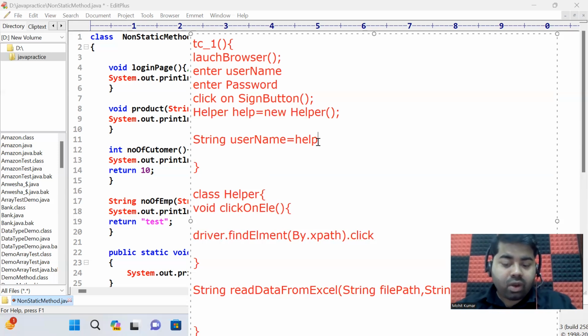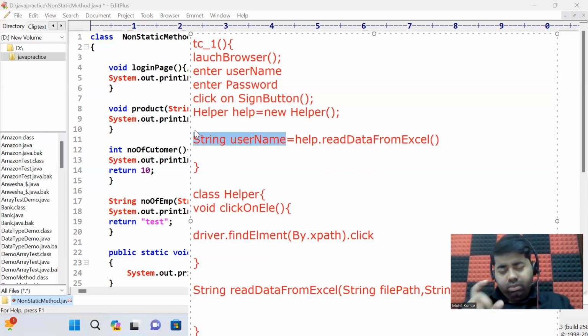Now you can call this method read data. Understood, right? You are getting some data from somewhere, and now this data will be stored in this variable. If you do not define this as string type, then where will this data be stored? Are you getting my point? So this is how you can implement